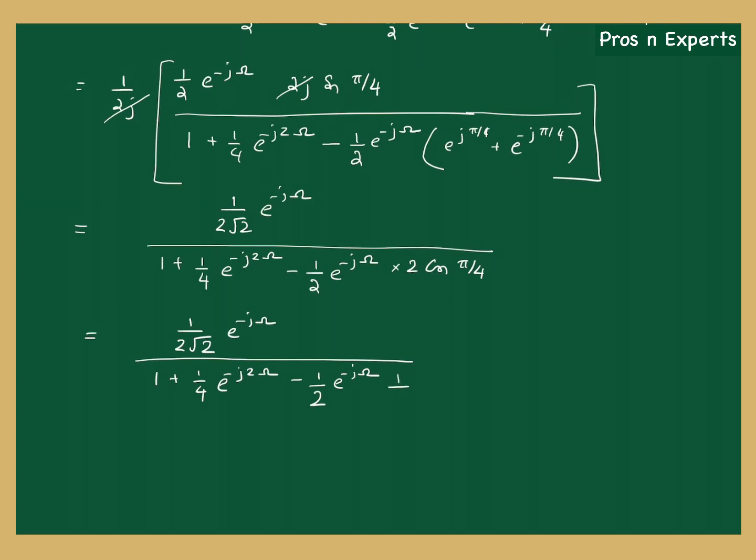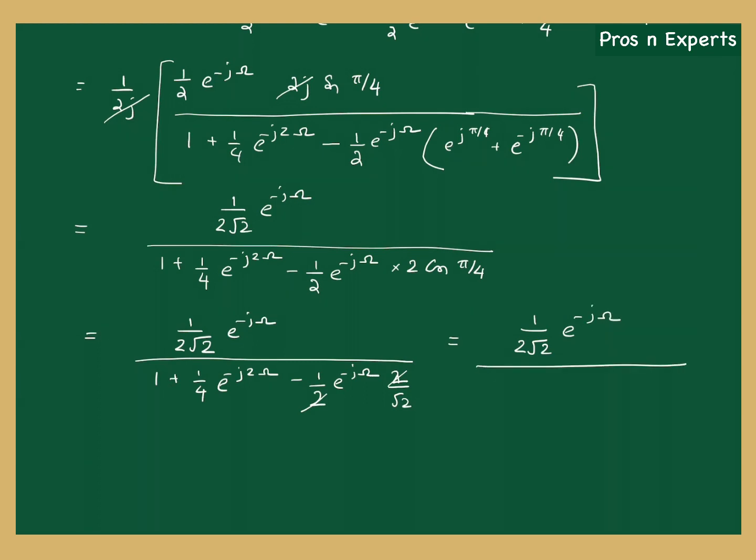Right, so this is 1 by root 2 into 2. This is 2 cos pi by 4, right? So 2 by root 2, 2 into 1 by root 2. Okay, and cancel 2. So this is equal to 1 by 2 root 2 e raised to minus j omega